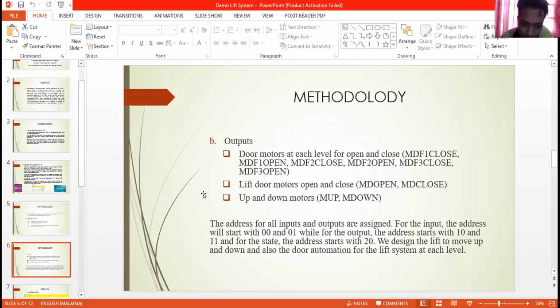We have three types of outputs. The first one is the door motor at each level for open and close: motor door floor 1 close, motor door floor 1 open, motor door floor 2 close, motor door floor 2 open, motor door floor 3 close, and motor door floor 3 open. So each floor has a different motor for opening and closing the